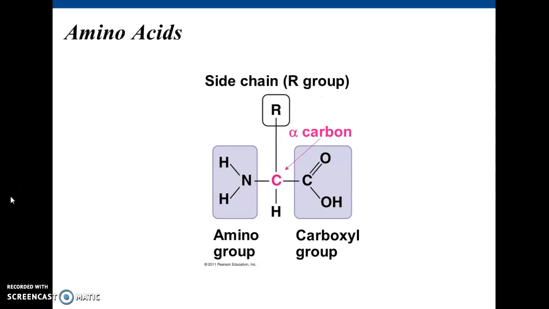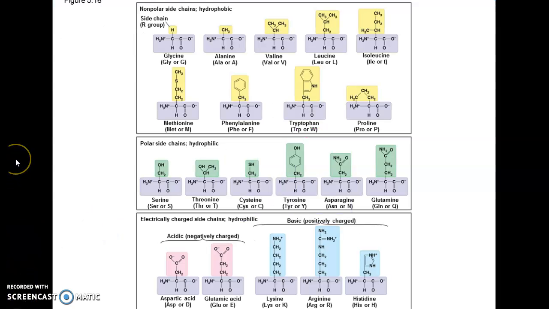Remember that proteins are made up of monomers called amino acids, and these are going to be characterized by a central or alpha carbon. And hanging off that carbon, we see an amino group along with a carboxyl group, also a hydrogen. And there are 20 different amino acids. What makes them all different is this variable R group, or the side chain. There are a bunch of different things that this R group could be, 20 different options to make 20 different amino acids. Here are those options that you do not have to memorize, but I did want you to see